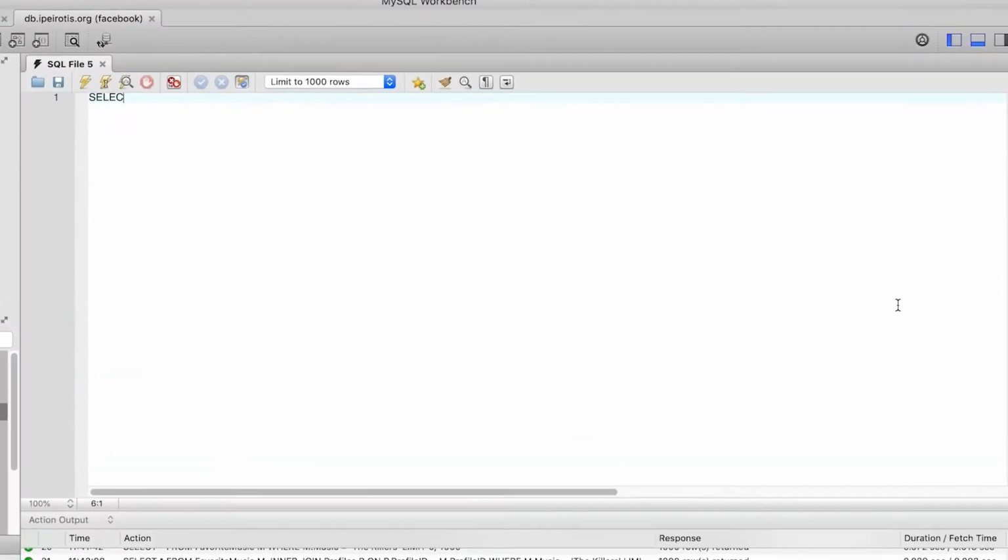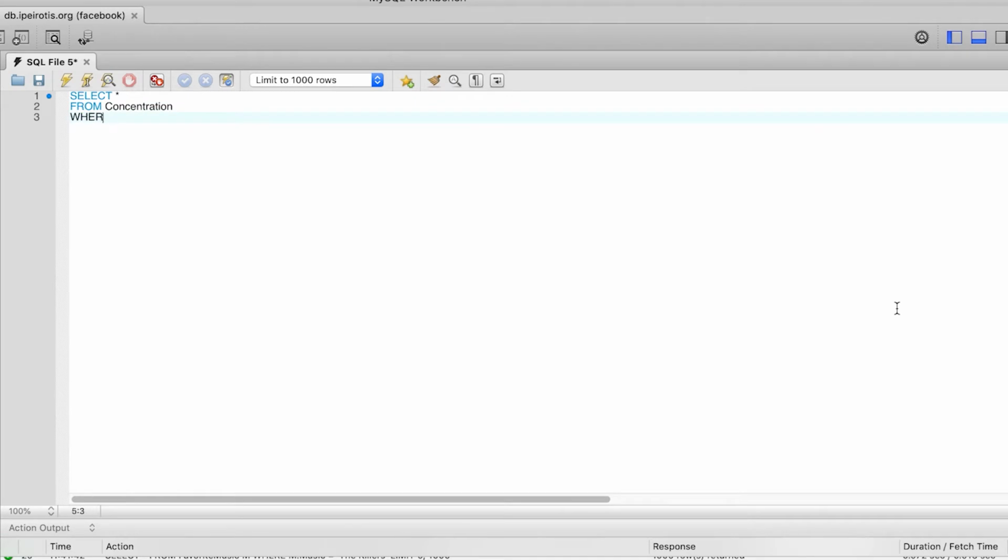Let's see an example. Let's say that we go in the Facebook database and we want to get information about students that are majoring in computer science and in another concentration. And we want to find what are these other concentrations. How can we do that? Just to refresh your memory, here is the basic query that we would start with. So we go, select star from concentrations, where concentration is equal to computer science.